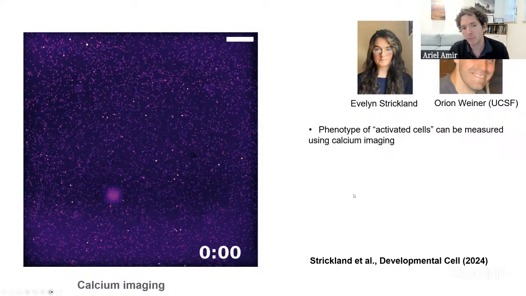And what they developed here is a way to more directly visualize this wave using something called calcium imaging. So what you need to know for the purpose of this talk is that when cells sense LTB4 and start, according to the model, participating in this relay, they also release intracellular calcium, and this can be measured directly using video microscopy. So now we have a direct readout. Even before the cells are starting to move, we know our cells are starting to secrete LTB4 and participate in this